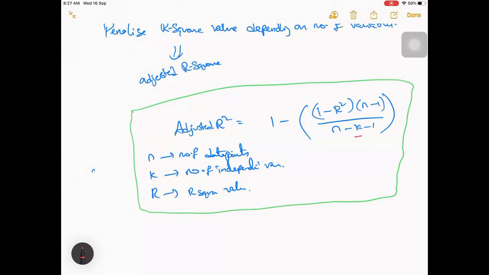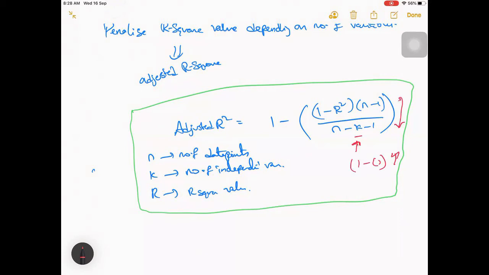What will happen if you have a larger value here? The whole value will decrease. One minus of that value will increase. So that is the intention behind it.